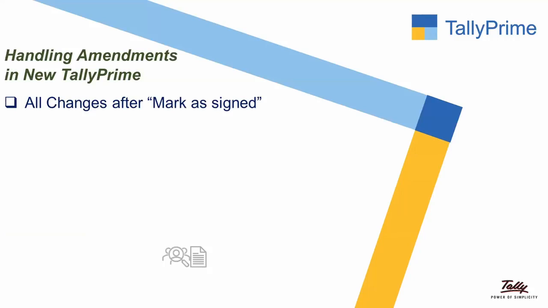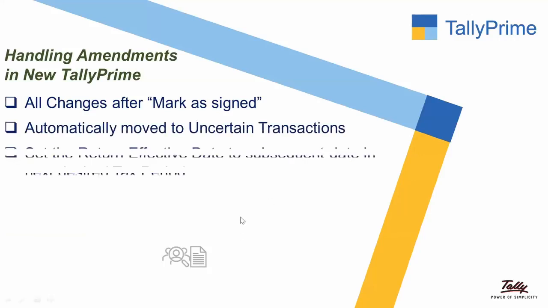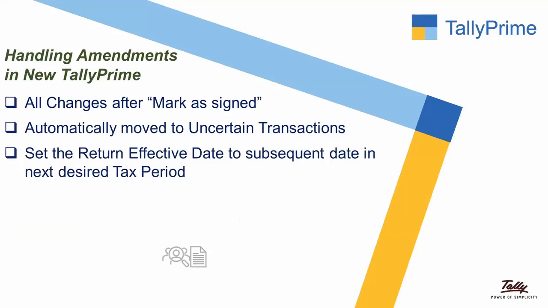So till marked as signed, Tally will take care of all the changes within that same period alone. When we have to mark as signed, after submission, after getting the EVC, we have to mark it as signed. Then it automatically moves to the uncertain transactions. In the uncertain transactions, we have to set the return effective date over there. I'll just give you a small example of a transaction,